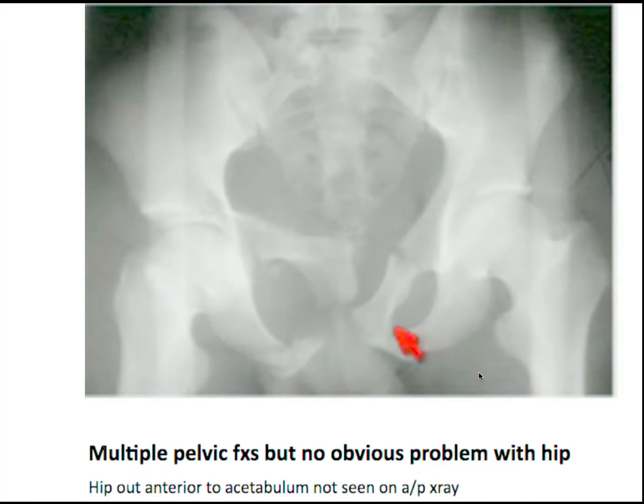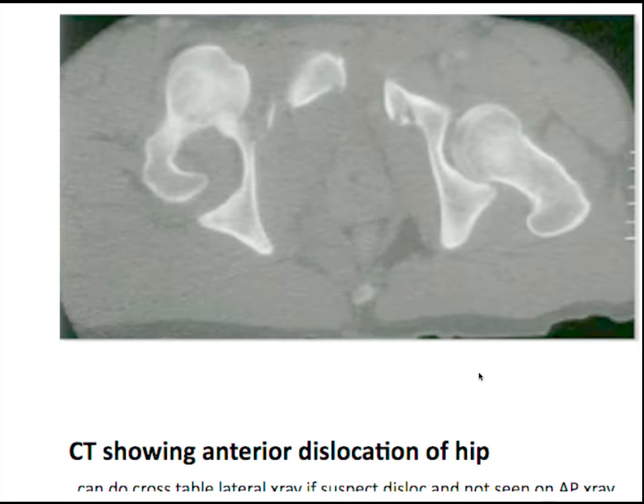This is a case where you can see this patient has a number of pelvic fractures, but you don't actually see, and the hip looks okay. Then you get a CT, and you see, here's the acetabulum, and the hip is actually out of it. So just remember, if you're not sure what's going on, maybe get a lateral x-ray or go to CT, because you can miss anterior hip